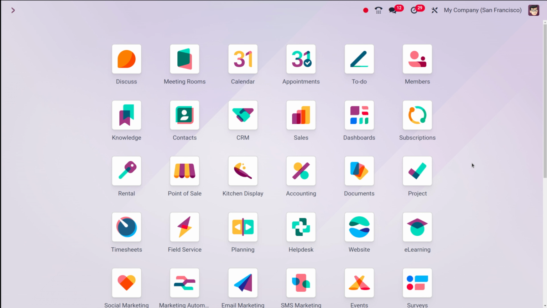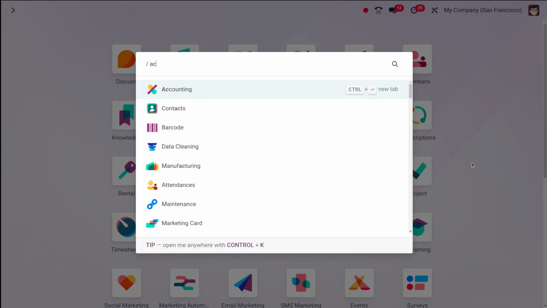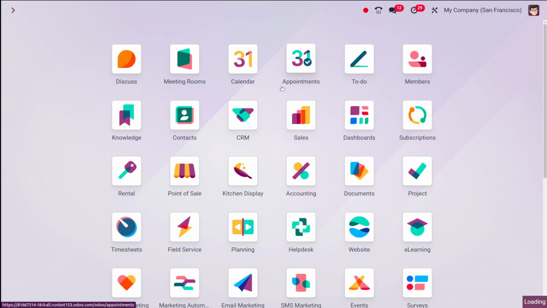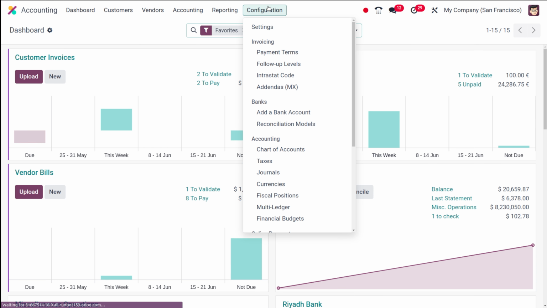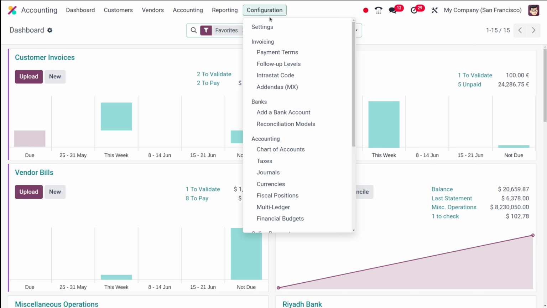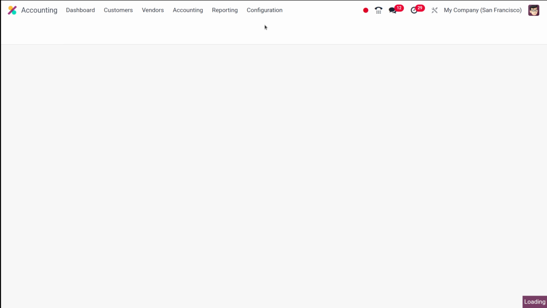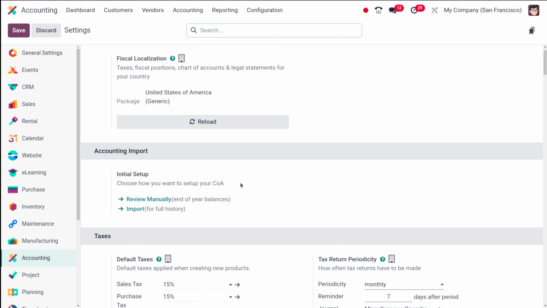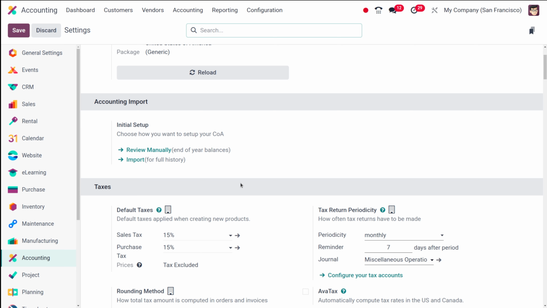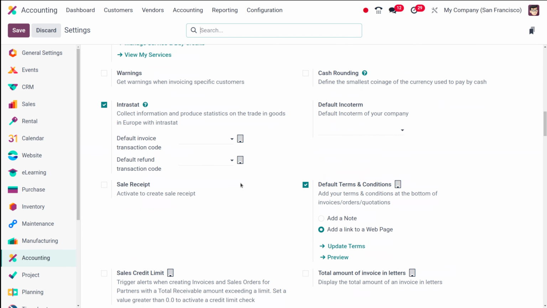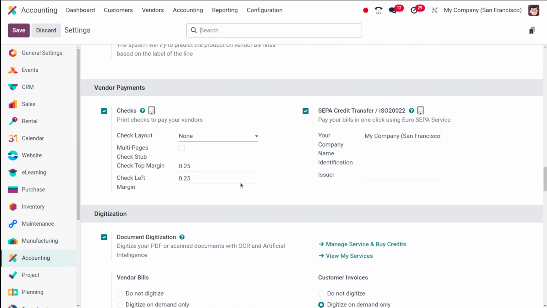Before we can start creating batches, we need to enable the feature. It's really straightforward. From your Odoo dashboard, head over to Accounting, then click on Configuration and finally go to Settings. Once the settings page loads, scroll down until you find a section called Customer Payments.